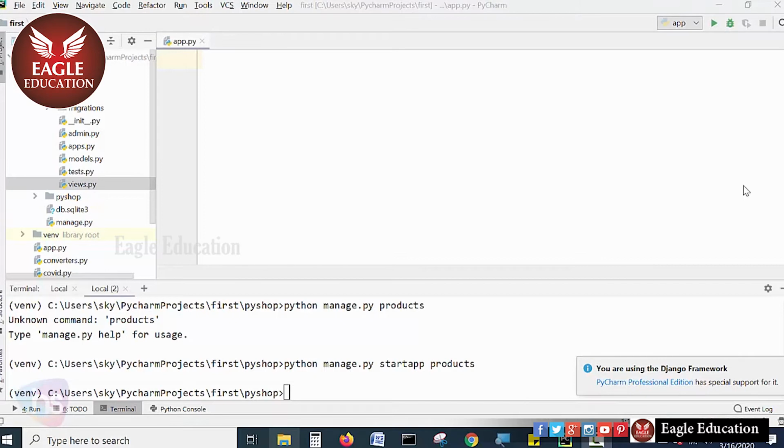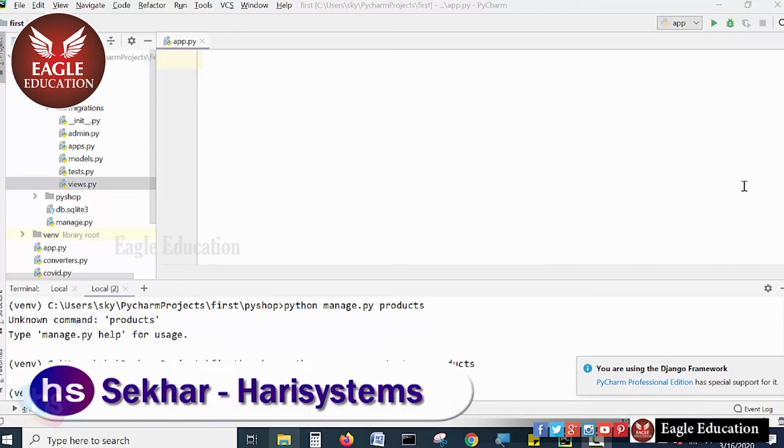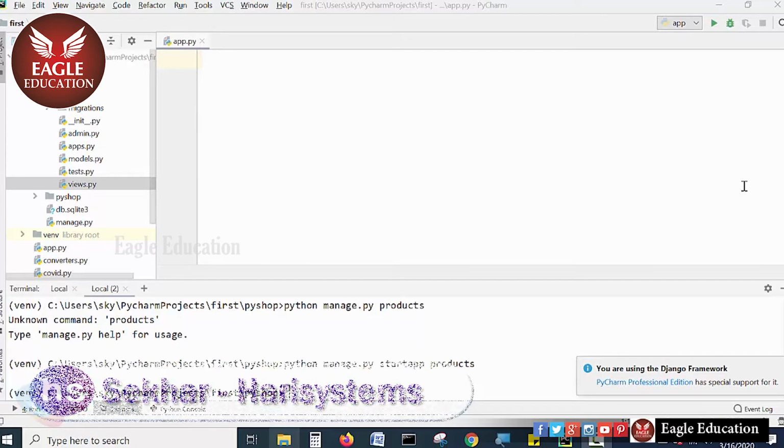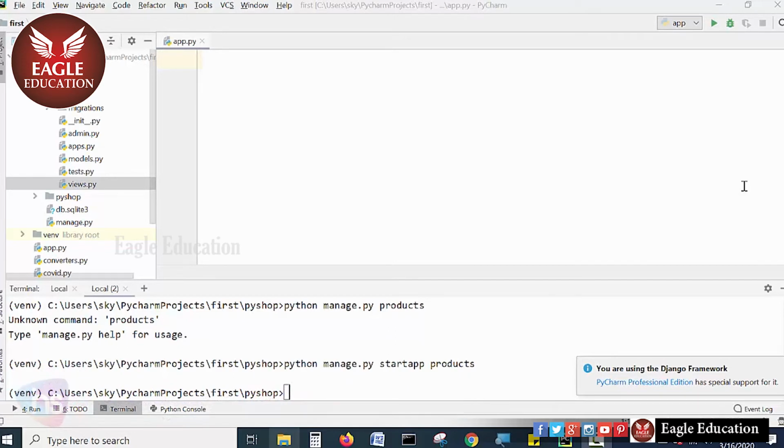Hi, welcome to this session. In this session, we are going to discuss view functions in Django framework. In view, we have to create a function for the user request. Based on the user request, what page he is requesting, we need to populate the particular page. That is the requirement we need to implement, based on the methods we are going to implement in the views.py module. We will see here how it would be.